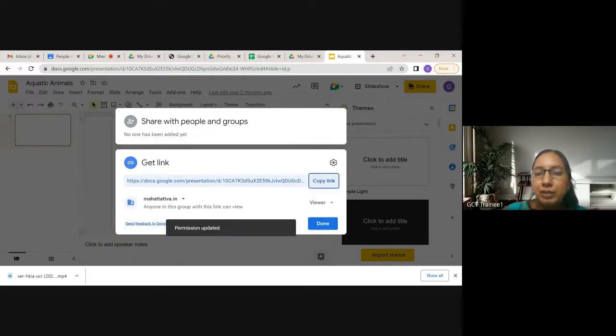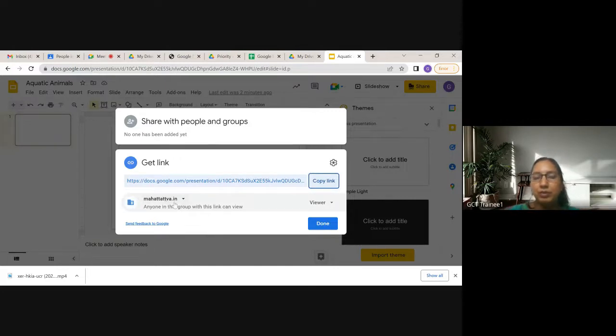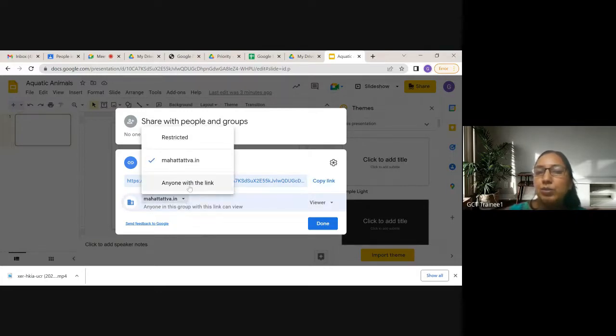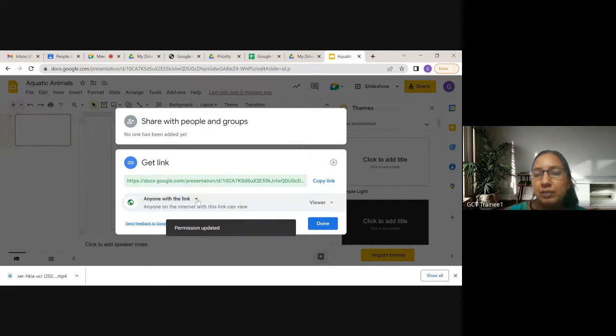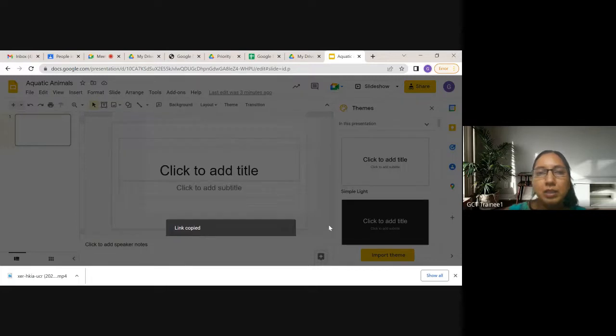If you want to share it with everybody who's outside the domain, so right now I am in this domain. By default, if you are in a particular work domain, it allows you to share that presentation or document or sheet with that domain only. So only people in this domain will be able to access it, but I don't want that. If you want anybody who has the link to work on this presentation, then select Anyone with the link and then copy the link. Copy this link, click on Done, and then